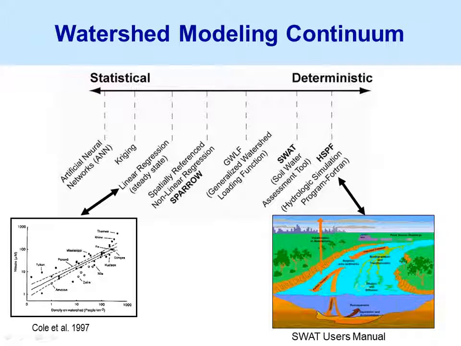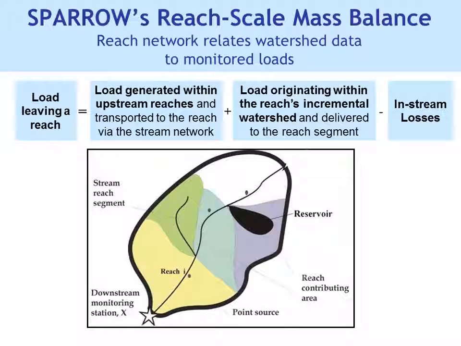Where does SPARROW fit into all the kinds of models that are out there? Well, models range really from the purely statistical to the more deterministic ones, and SPARROW sort of fits down the middle of that. We have the artificial neural networks over to HSPF. SPARROW really tries to take advantage of both sides. We try to take advantage as much as we can of the deterministic side, especially with the sources, where we try to figure out how much of each of those sources is distributed downstream. We try to take advantage of the regression type models, where we can put confidence limits, error bars on a lot of our predictions.